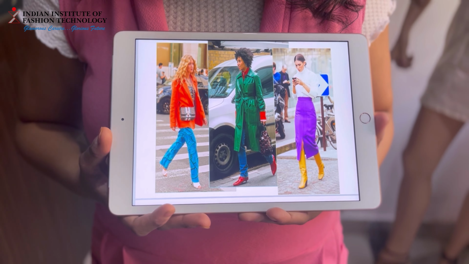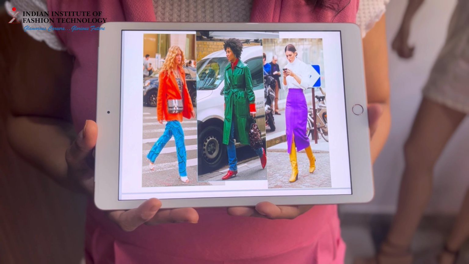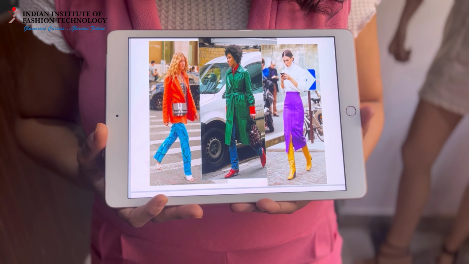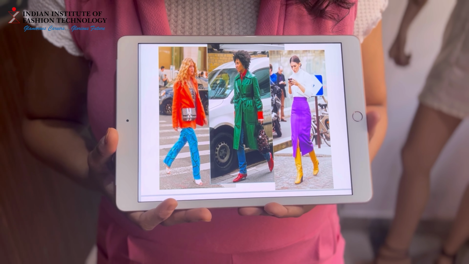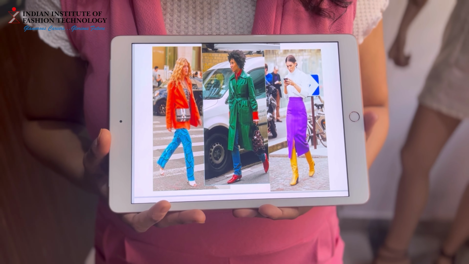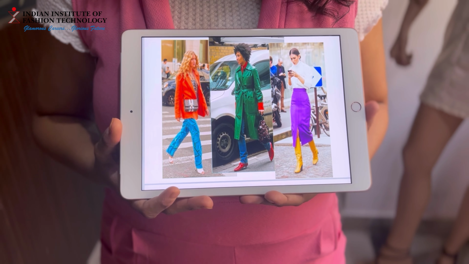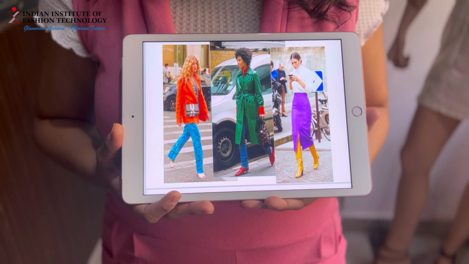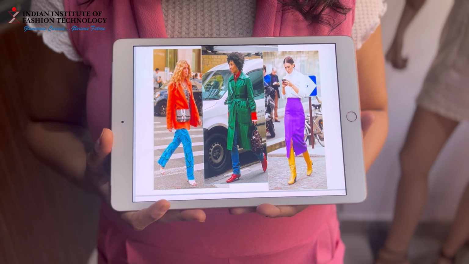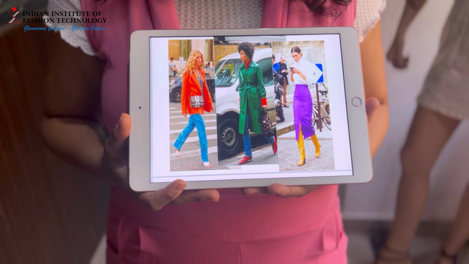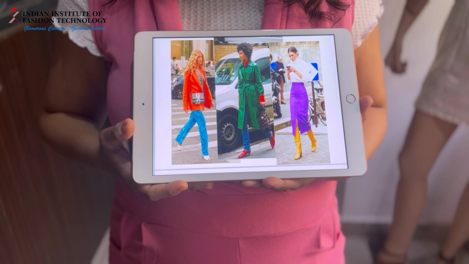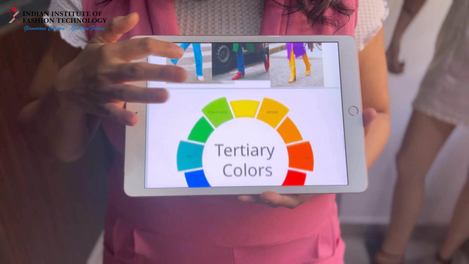We always try to balance them with one neutral color. You can take a look at these three models and what they are wearing. You can give more importance to one color, and the other color you can make an accent. It's always good to use two secondary colors, because then it should not go over the top, or be very loud. So if you take a look at this particular scheme,